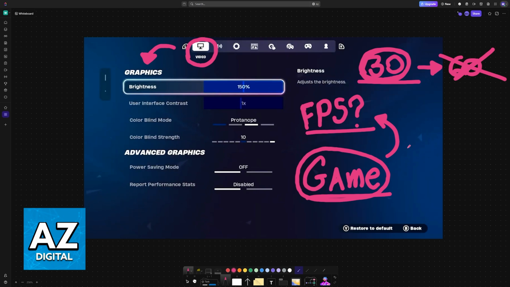The purpose of this video is not to spread misinformation, but to let people be aware that by default, Fortnite on any Nintendo Switch console runs at 30 FPS, and players do not have the option to increase it to 60. This is a game limitation, and even though some games might run at 60, Fortnite is not included on the list.